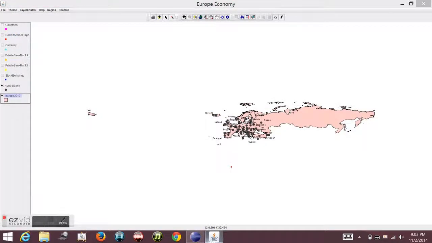This is the GIS application start screen after it gets launched. This tool has 7 layers, which also has a base map layer as Europe, which is named Europe 2013. The 7 layers are central bank, stock exchange, private bank rank 1, private bank rank 2, currency, coat of arms